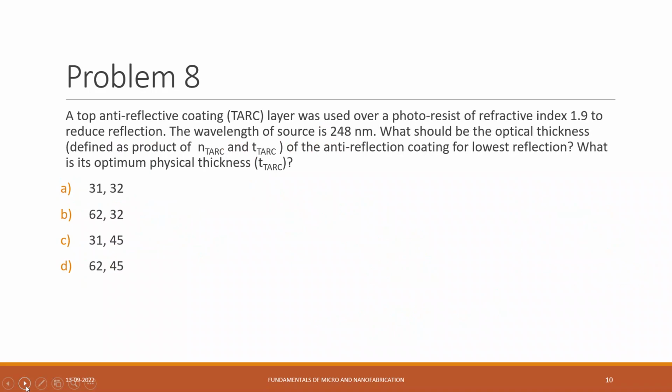Okay. So this is problem 8. It's about the top anti-reflective coating layer, which is used over photoresist. The refractive index of the photoresist is given as 1.9, and to reduce reflection, the wavelength of the source is 248 nanometer, and we have to tell what should be the optical thickness. So optical thickness is the product of the refractive index of